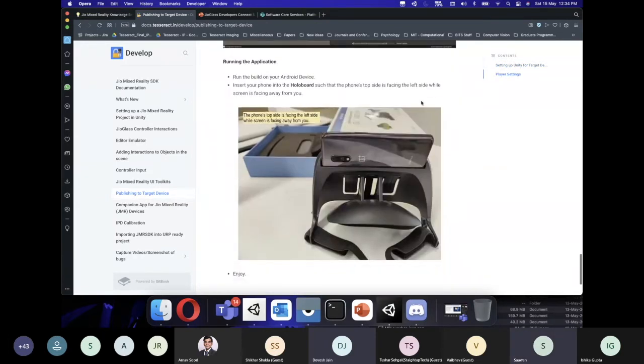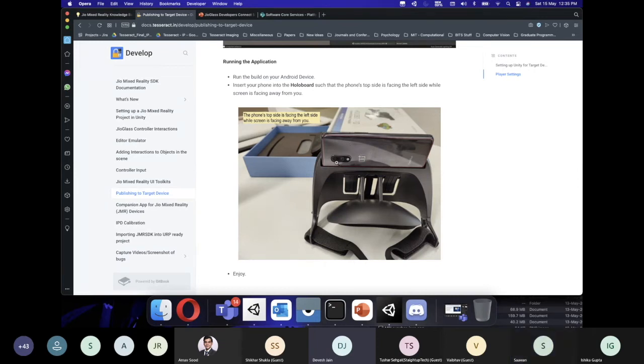And then the second thing you have to check. That's the first half of the story, which means you are telling the UI to be rendered from left to right, in the way that I'm seeing the phone right now. Then, make sure you're putting the smartphone in exactly this manner. You can't put the smartphone where the camera is facing this side, or where the screen is not facing away from you. There is only one configuration in which you have to place the phone.